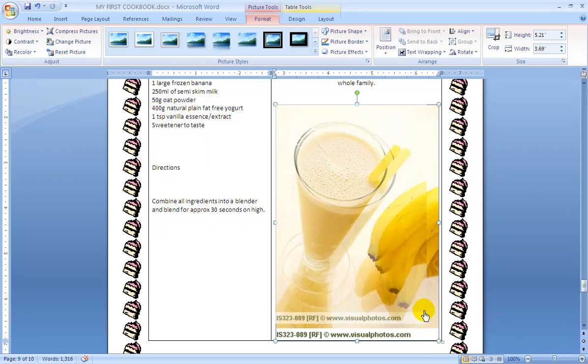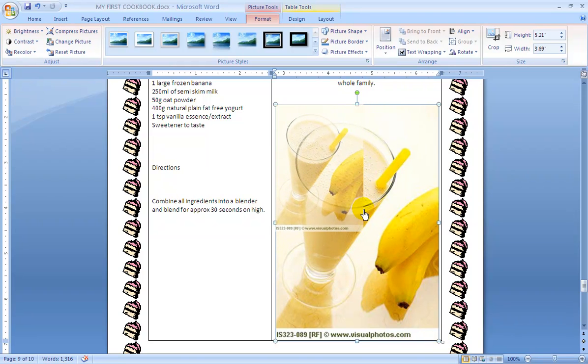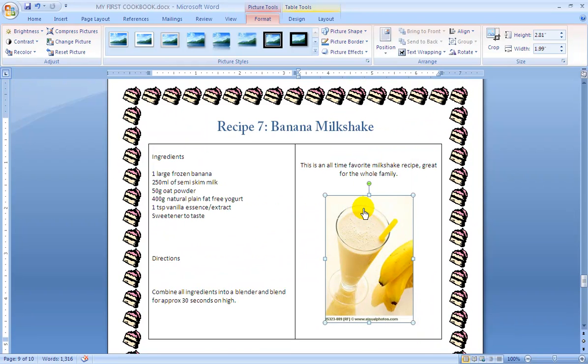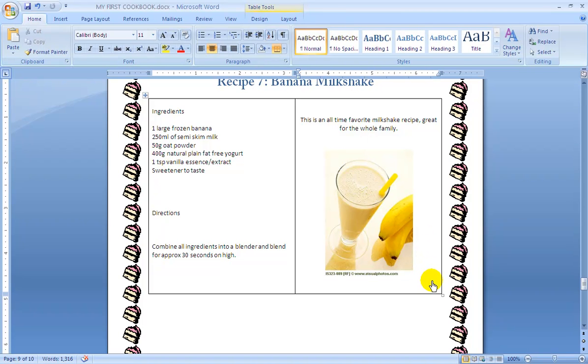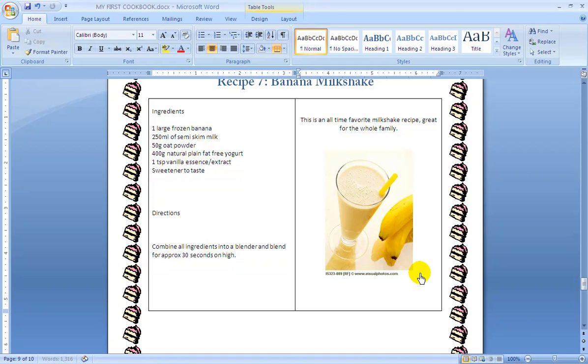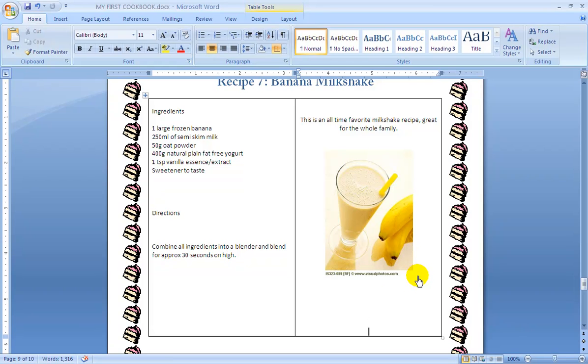I am just going to reduce the size by dragging it from the corner. Okay, now move your cursor and click your cursor at the end of the image and enter, enter, enter. Okay, move back the cursor up